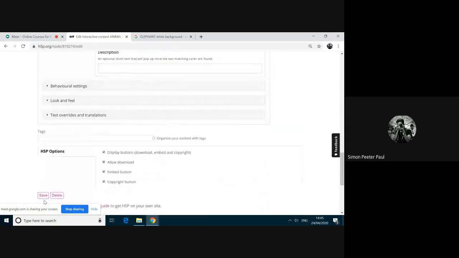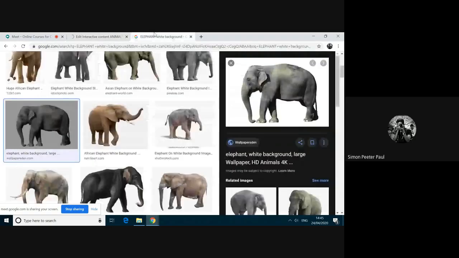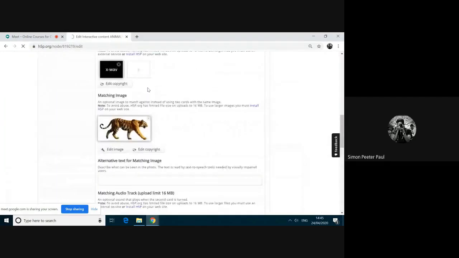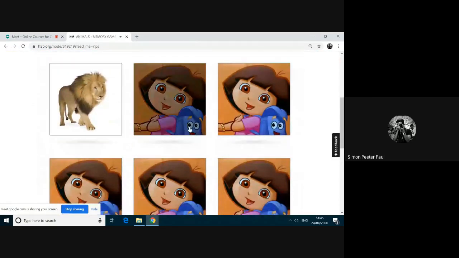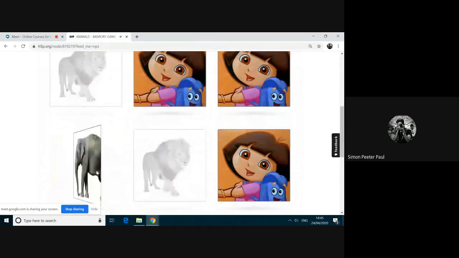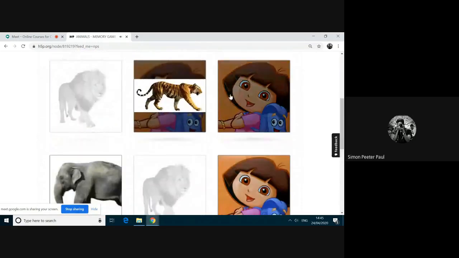Okay, I'm moving down. I'm saving this one. Again, there is some issue with the net. Okay, see here. See that tiger automatically comes.